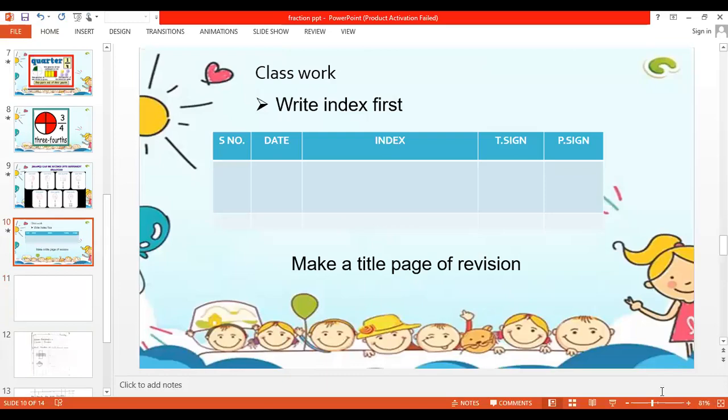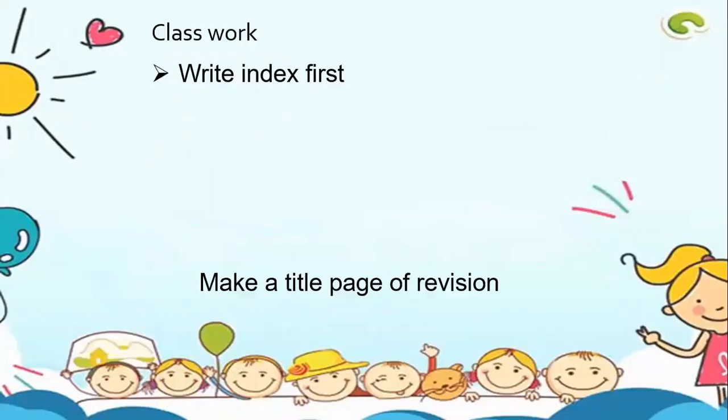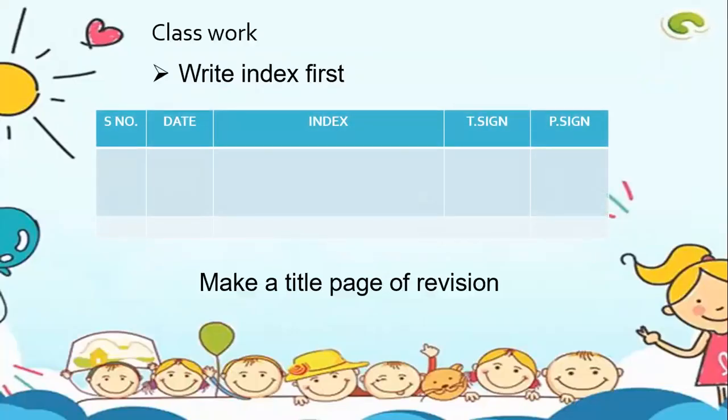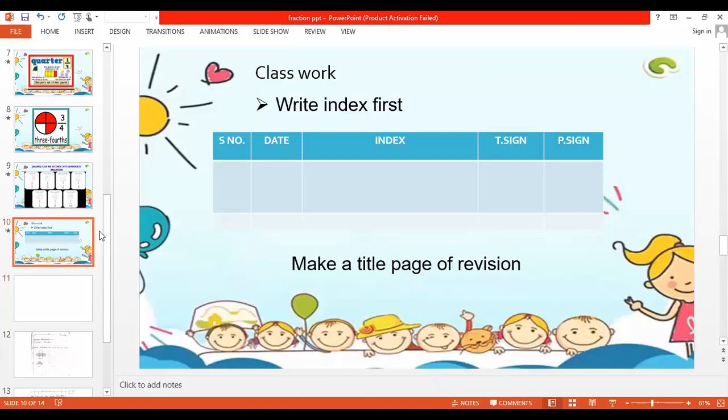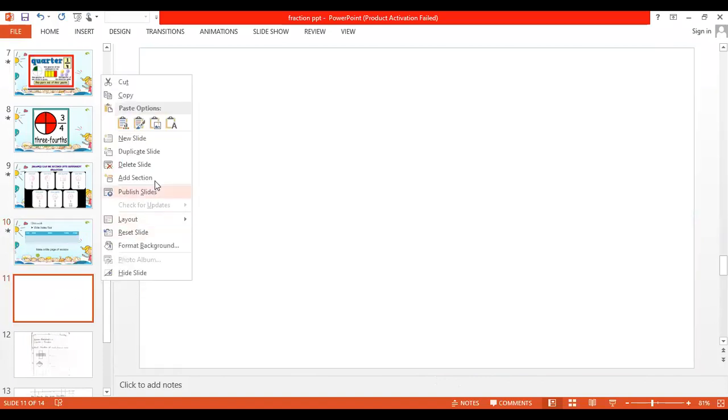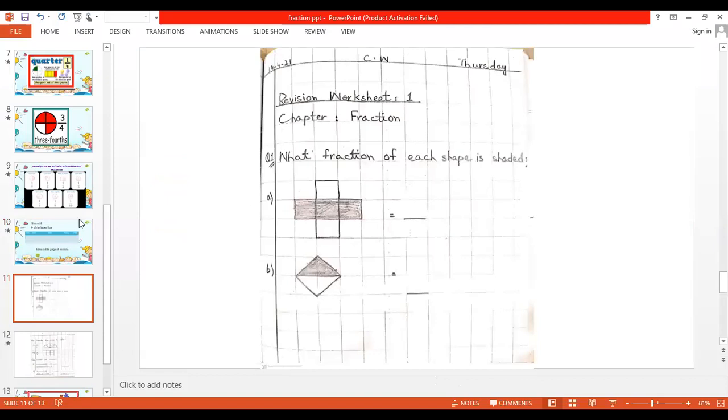Make a title page of revision in your copy.